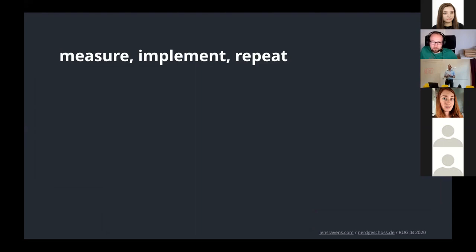The most important takeaway from this slide is: don't implement something before you measured it. If you don't measure, you don't know if it improved. You don't know if maybe you actually made it worse, and you cannot compare it to later. That also means after you measure, keep a record of all of it. That can be an Excel sheet, that can be a piece of paper on your desktop, whatever it is,